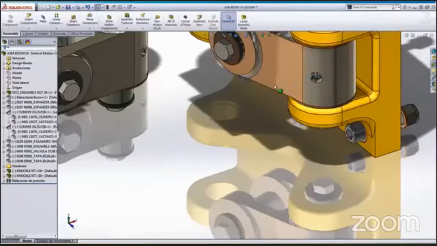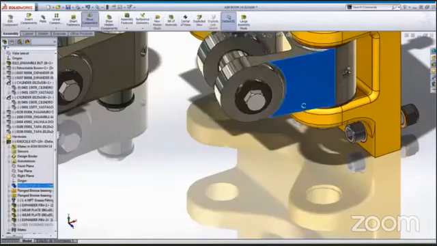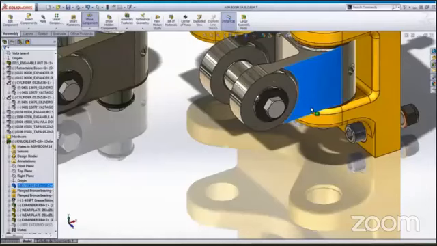You can simply position them by dragging the wear plate of the kit assembly as well.